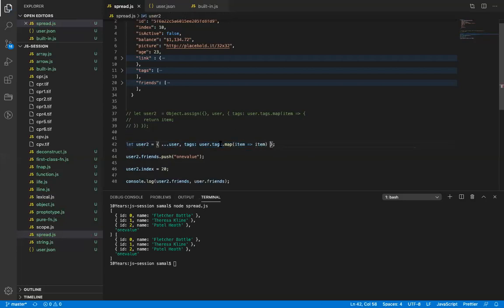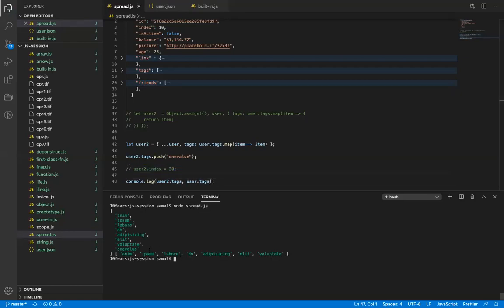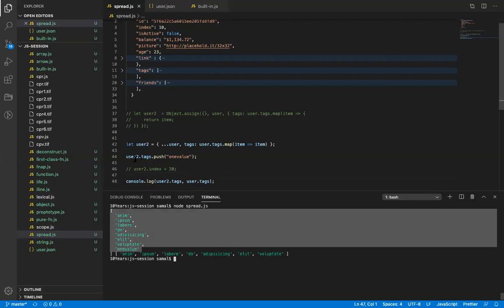So this is the shorthand. Now if I run this, let's see what the output is. You will see one value is added in user 2 and it is not added in user 1, right? Again, this is a map function.